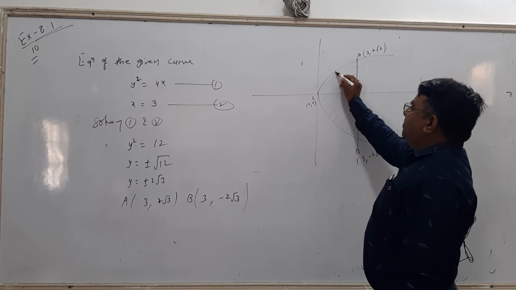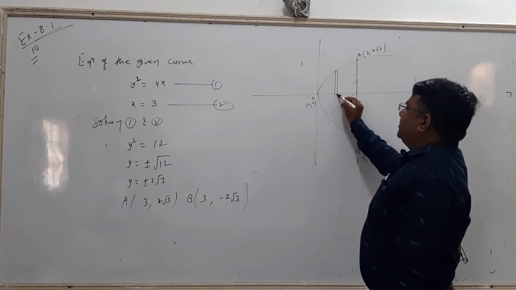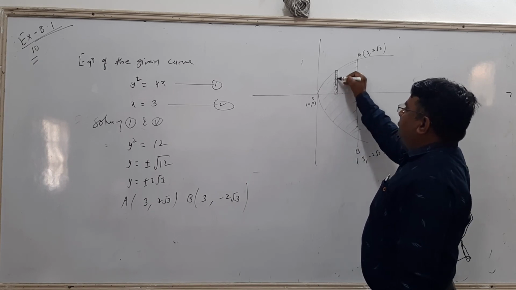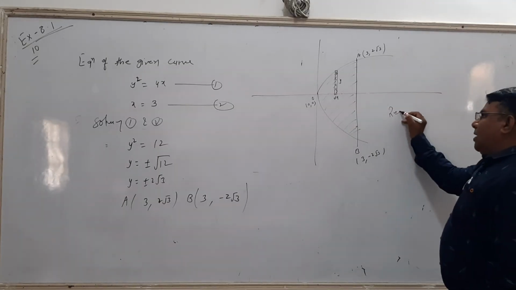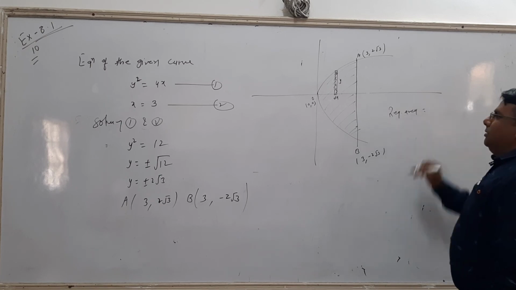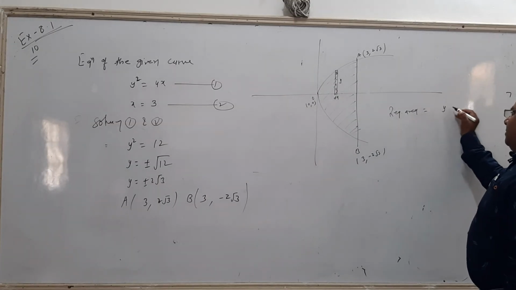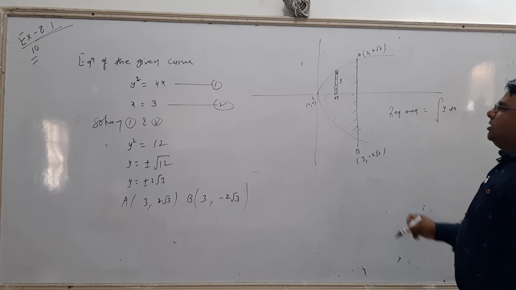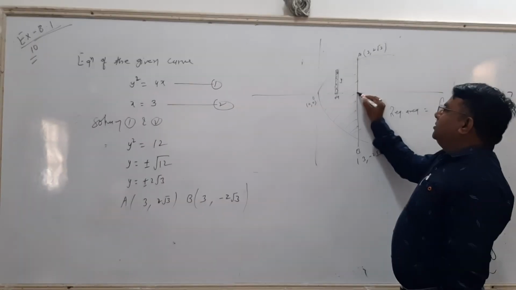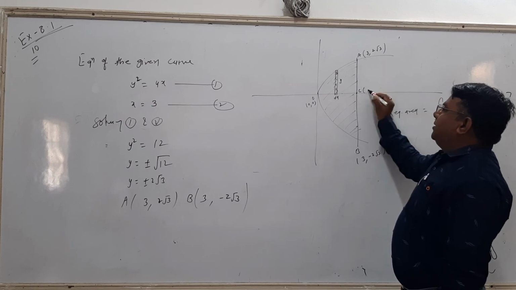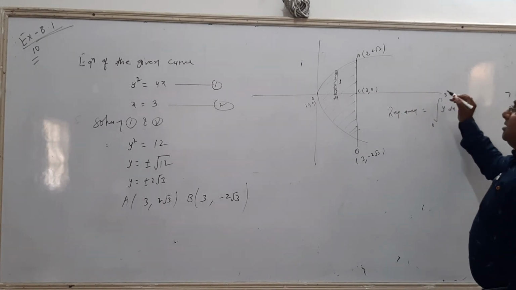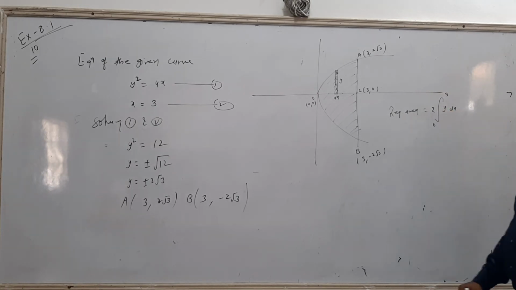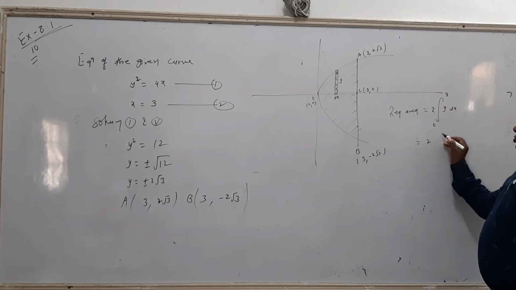So draw the strip on the x-axis, length y, breadth dx. So now the required area, the strip length is y and breadth is dx. Integration, what is the limit? 0 to 3: this point is C, its x coordinate is 3, and on the x-axis y coordinate is 0, then 0 to 3 is the limit. But there are above portion and below portion, so that is twice, right? It's the same portion, so 2 as it is, 0 to 3 as it is.